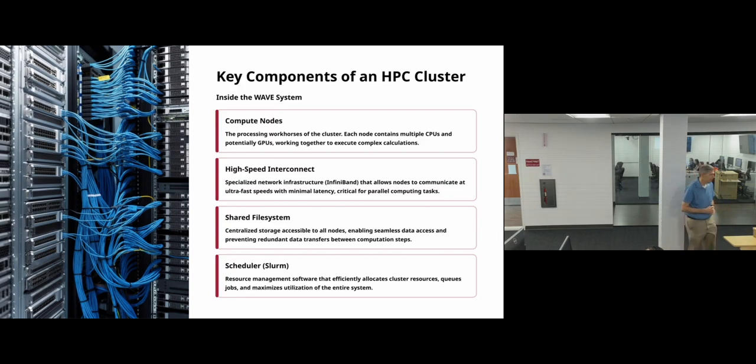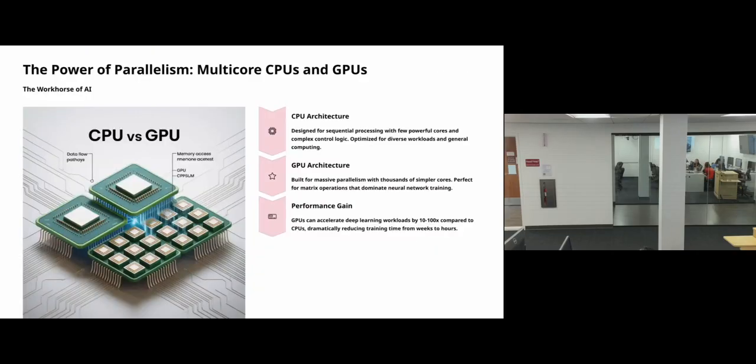And finally, this huge resource needs to be shared by many, many people at the university. So we do that via a program called Slurm. This is the scheduler. This allows us to basically allocate resources as needed. So you'll see later, in order to access a particular resource on the HPC, you have to ask for it. And once that resource is available, then it's given to you and then you can use it in different ways. And I'll show you different ways to do that.